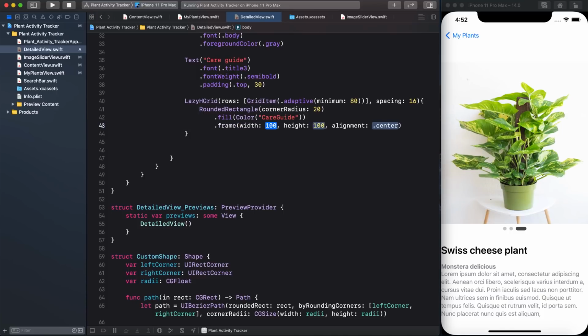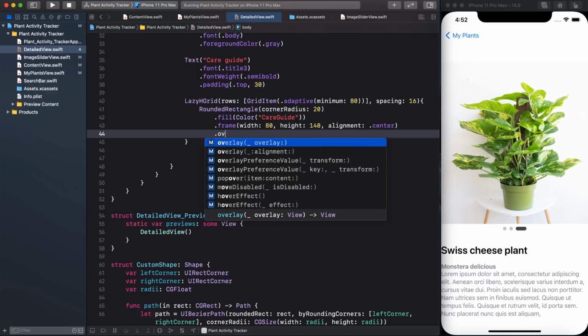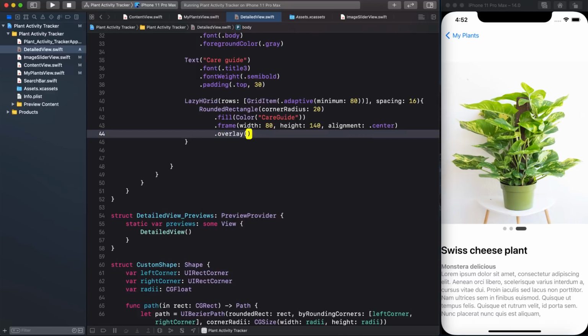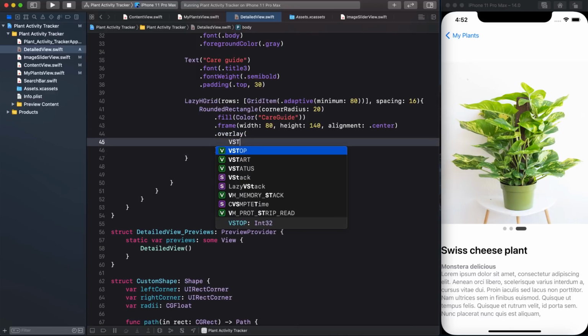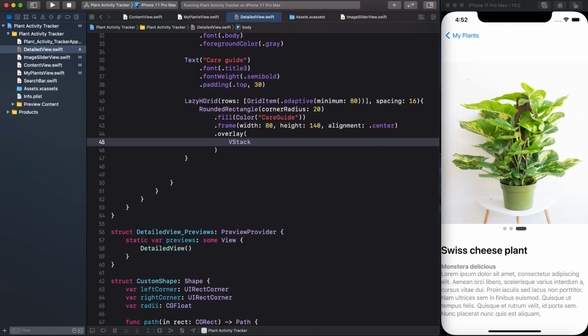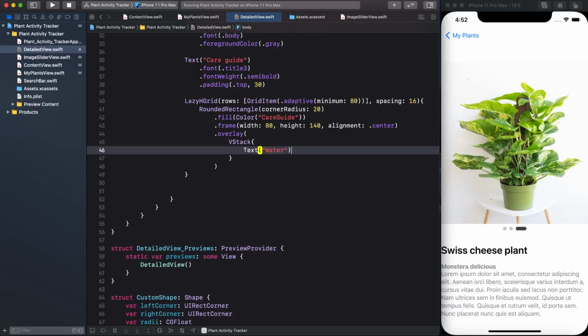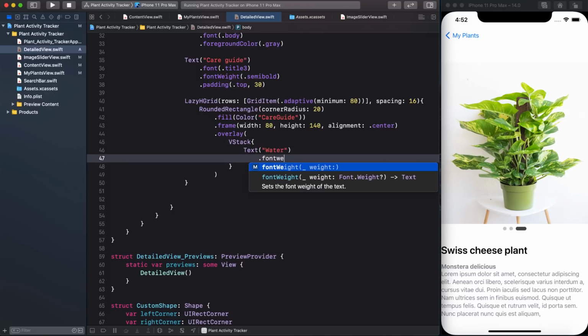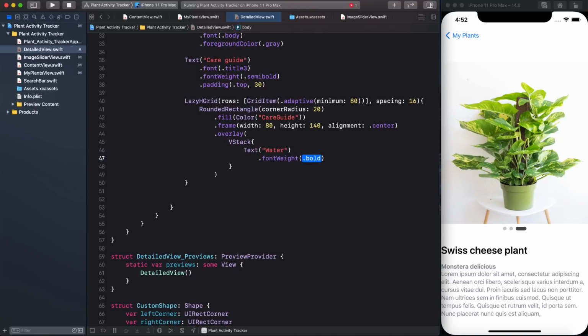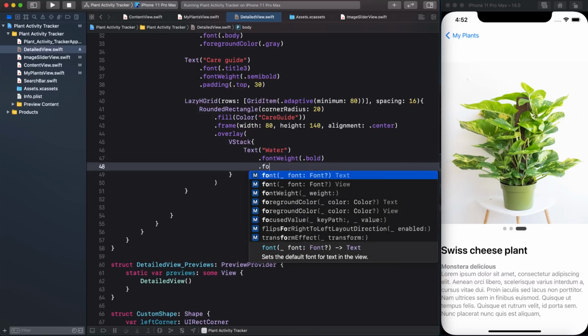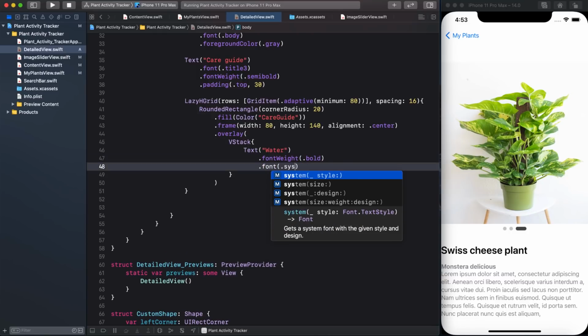Width is going to be 80, height is going to be 140, and then alignment center. And for overlay we are going to say VStack, and then text and say water. Font weight is going to be bold, then font, system,